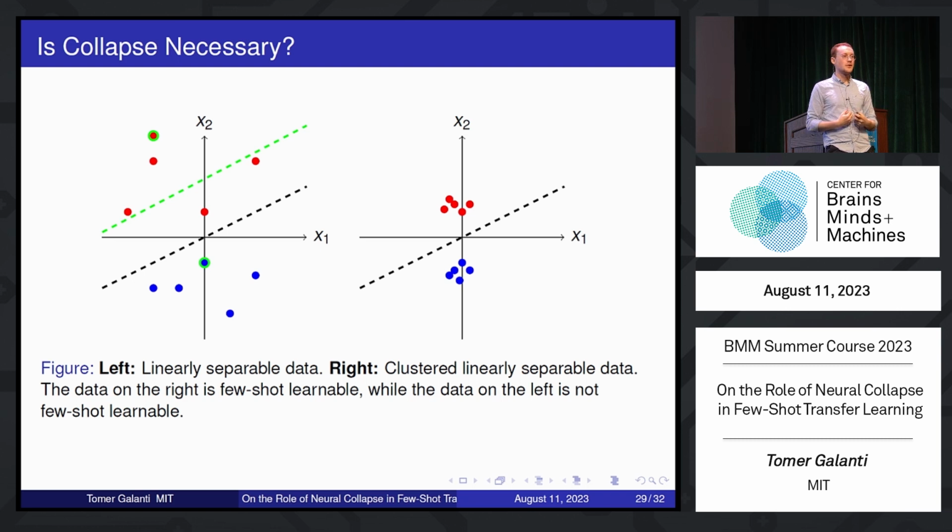You want to know that if I see a new task, it's not just on average going to be good. If I need to be confident that it's going to succeed, then yeah, I think